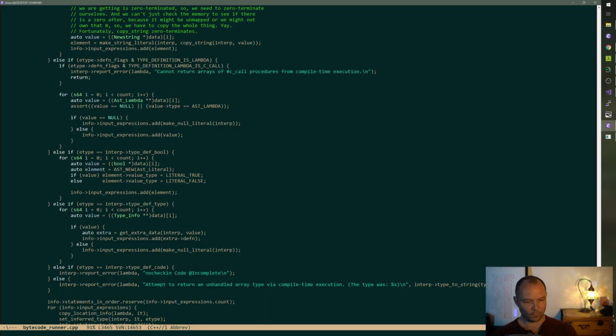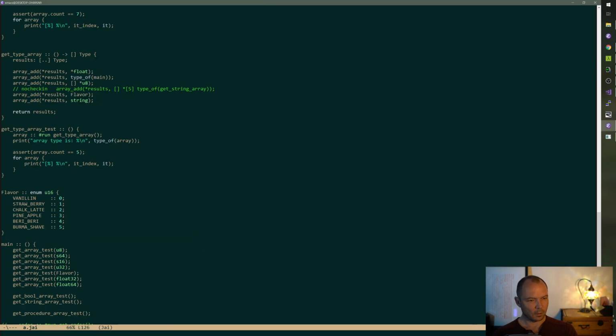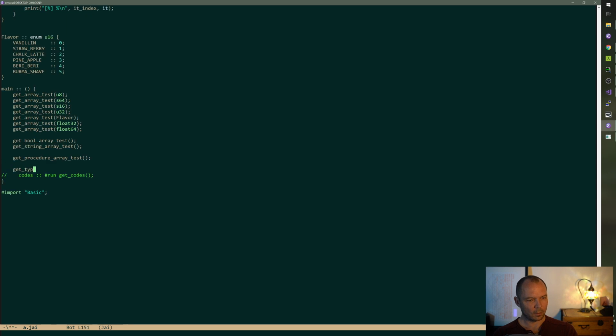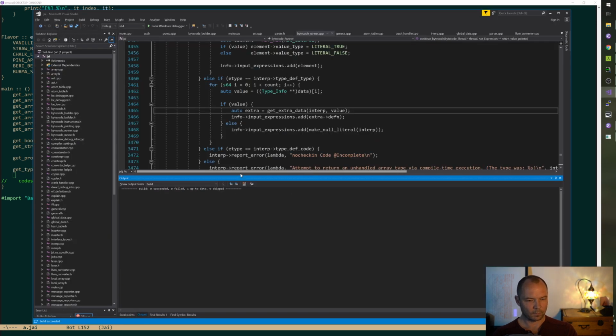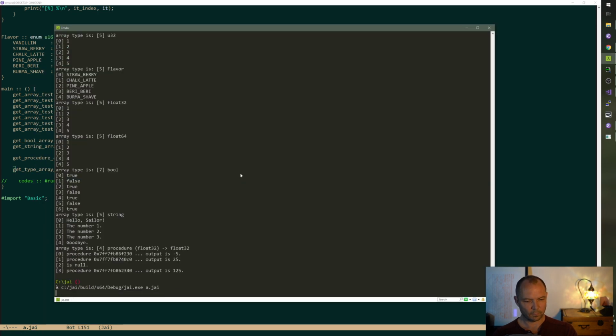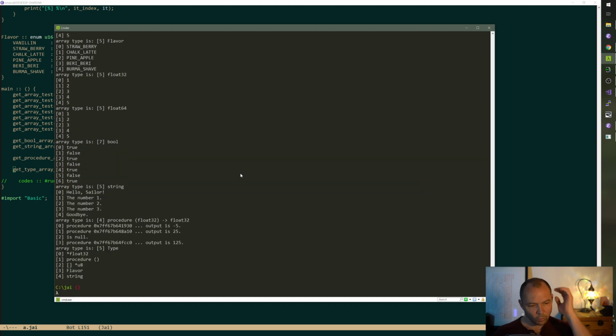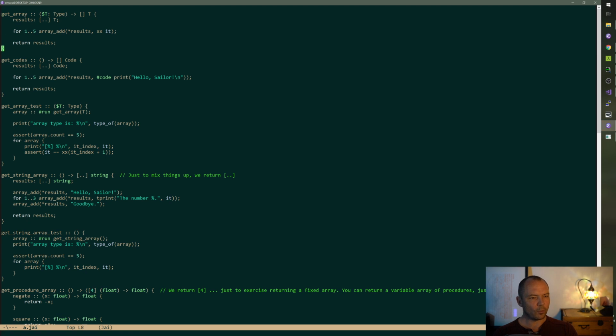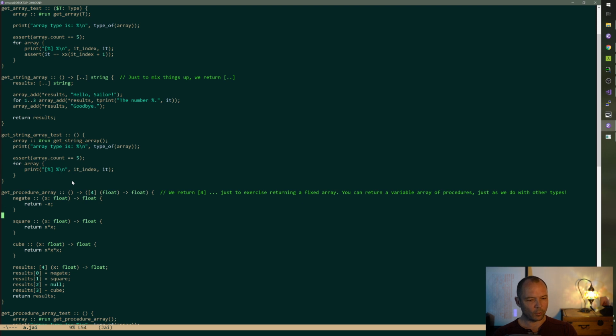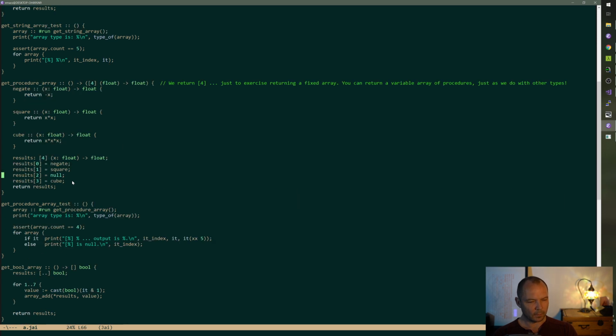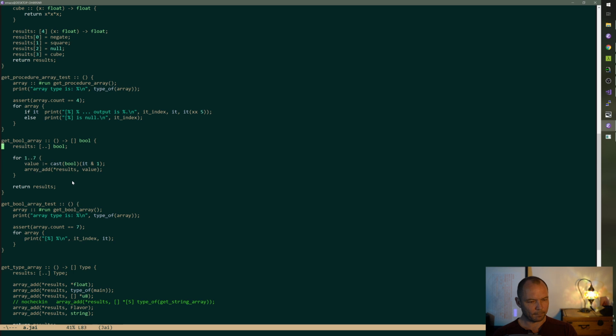We're not calling this yet, are we? Get type array test. There we go. So let's pick a more interesting procedure, like get codes, because that at least returns something, instead of main.